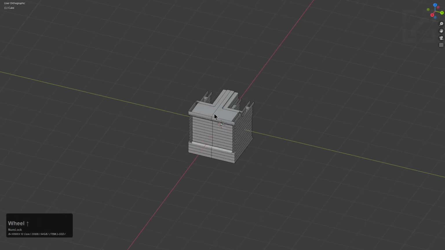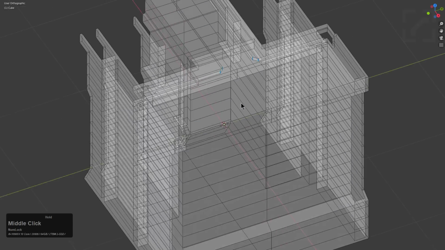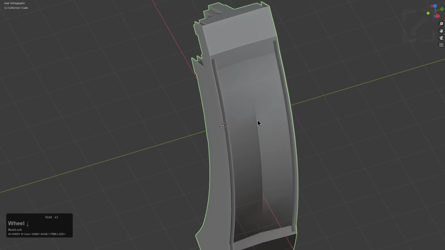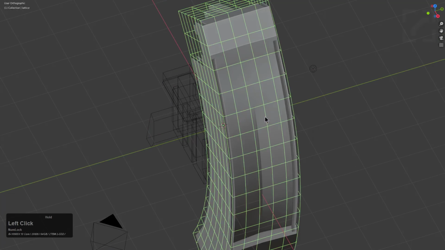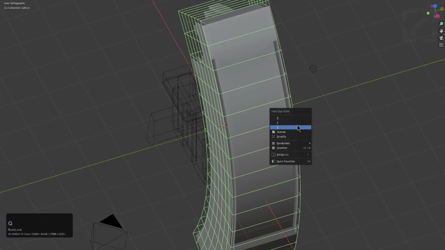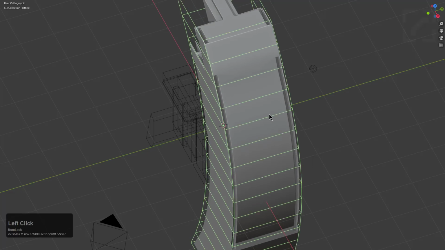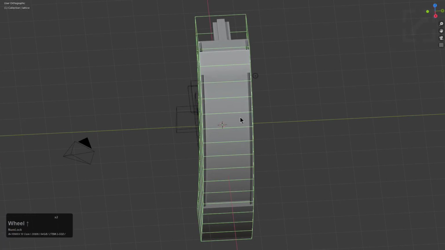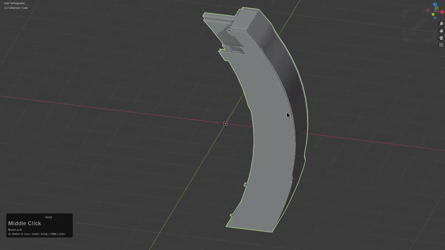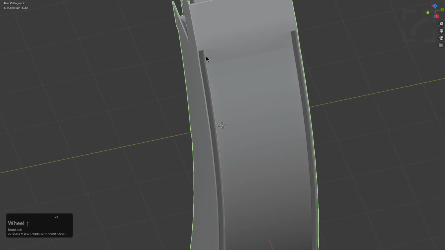So right here we have an issue going on in the center, and I'm curious as to why it's happening. So let's actually bring back the lattice, and we will reduce the amount of segments on the Y. We'll reduce the amount of segments on the X. And then we select it, Shift H, and we have it looking pretty good, except for the little bit of